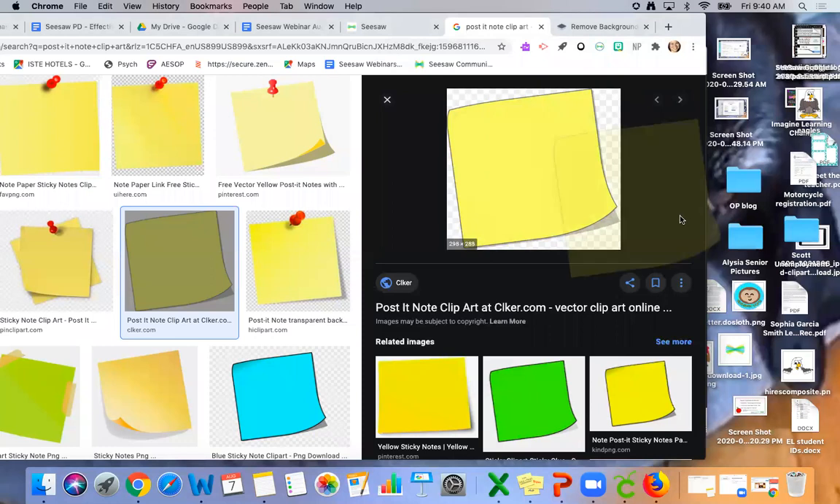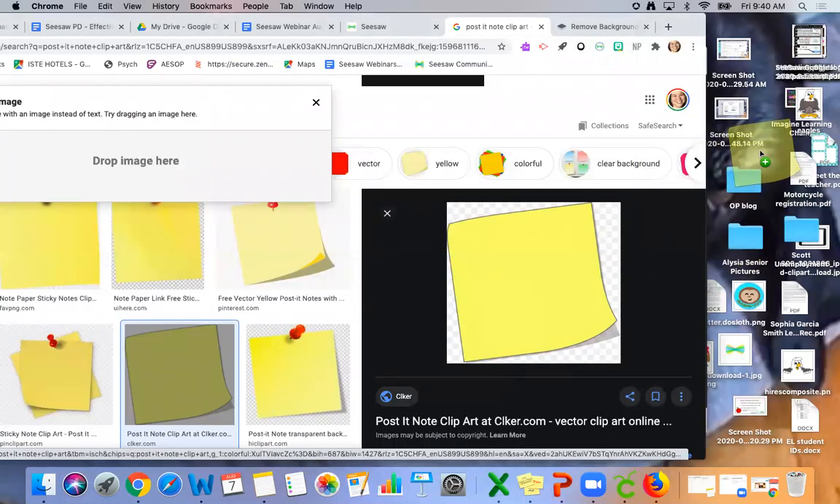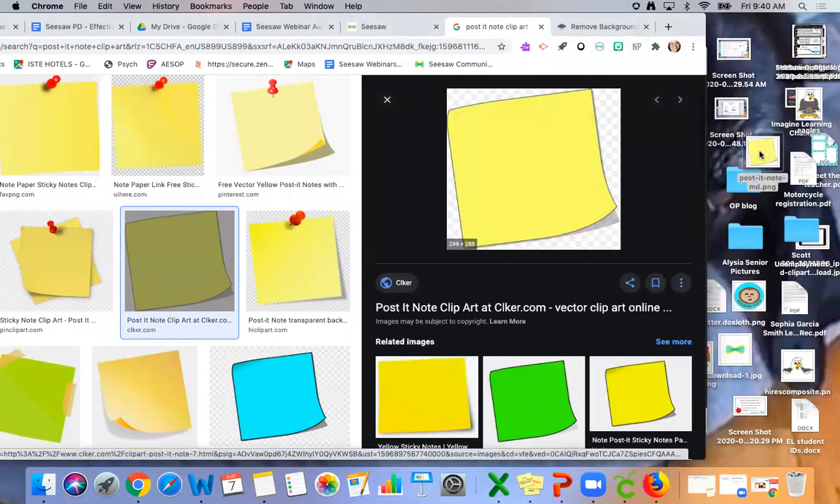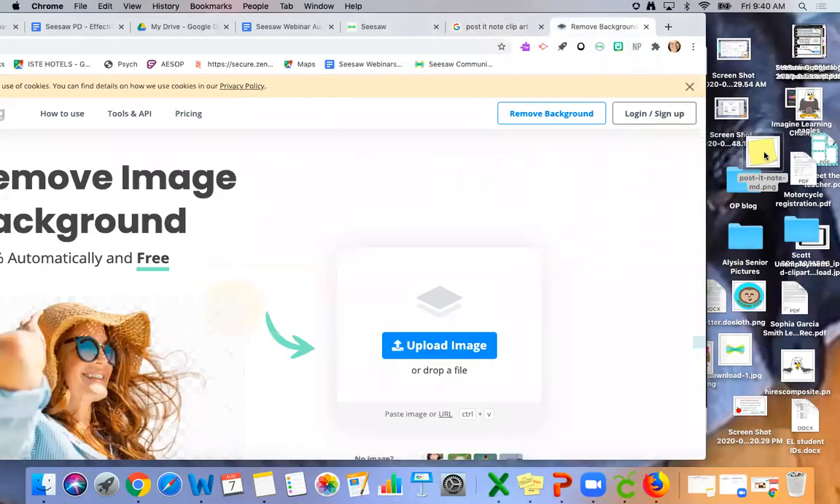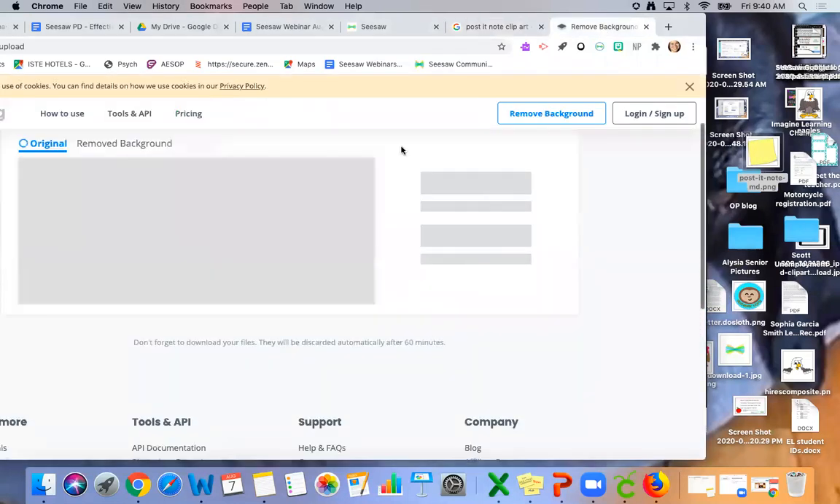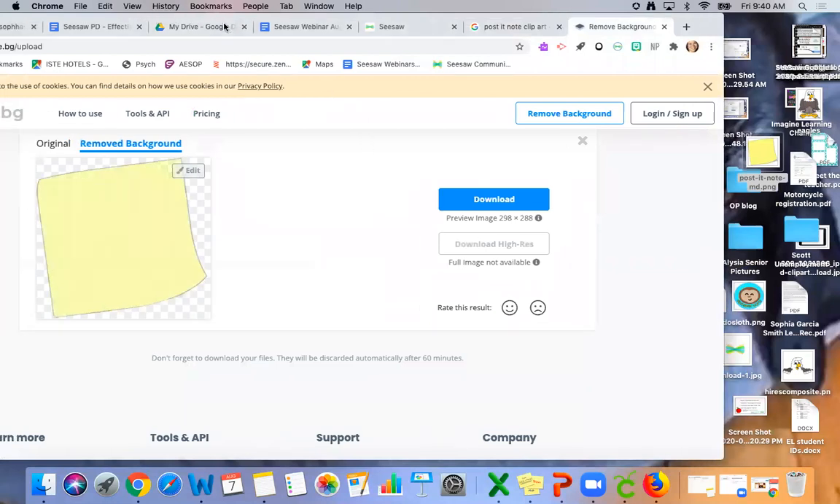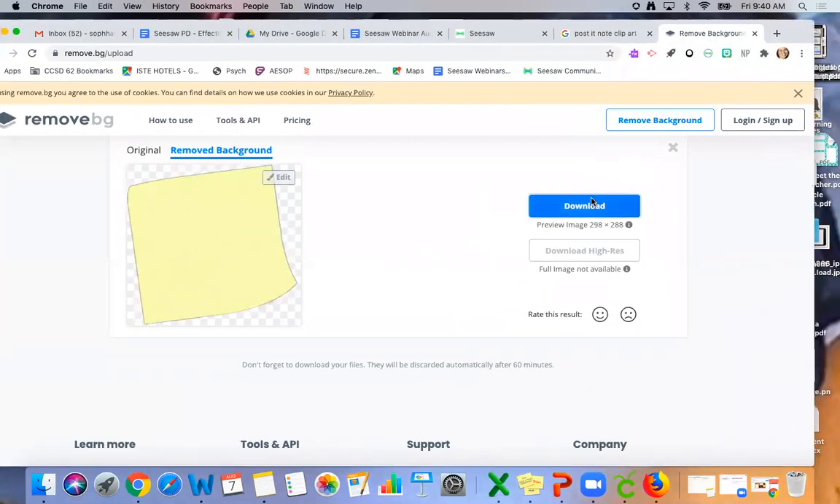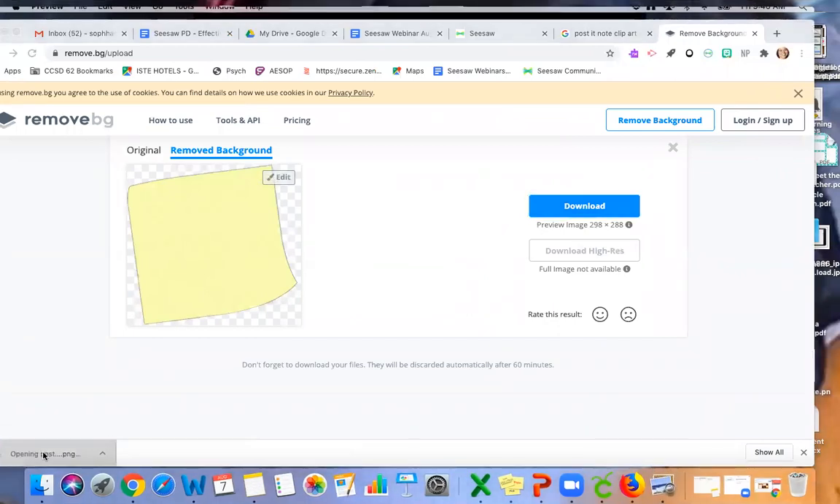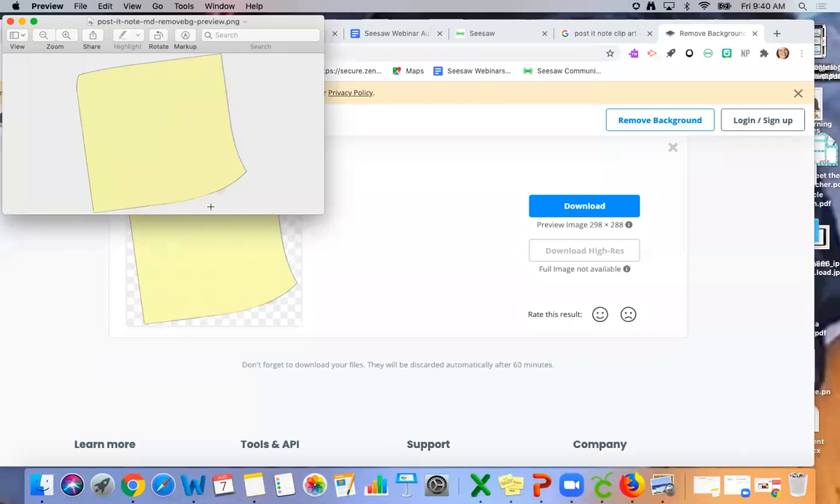So this is the one I want to do, I'll just put it here for right now. And then when I go to remove BG, I just drag the image in here. And what it does is it automatically takes out the background. When I download it, you'll see, here it is, without any of those little white squares or anything else,